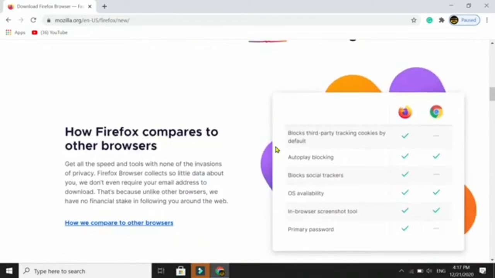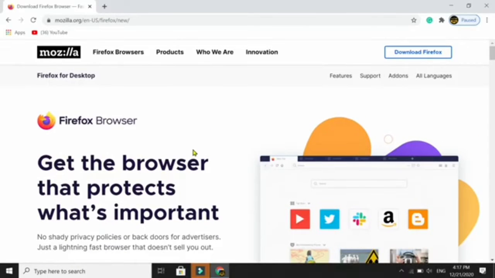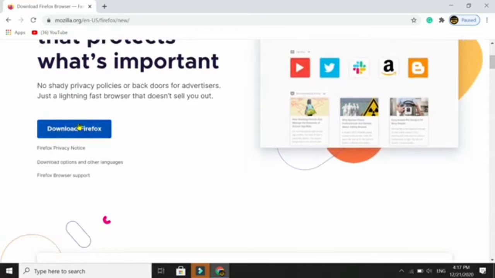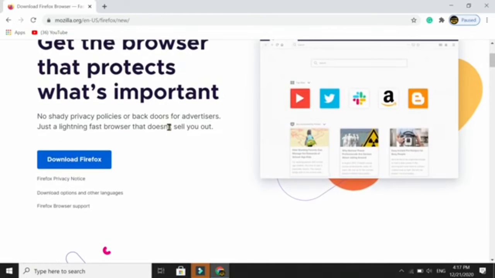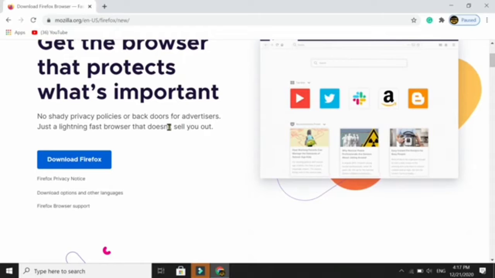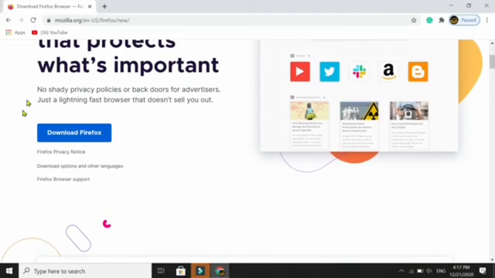You can read every instruction carefully. Now if you want to download, there are a lot of options. There is a download option, download Firefox, and again download Firefox. Guys, this is one of the best browsers for your laptop for Windows 10, and you can also use Chrome browser and Opera Mini. Both of them are good, but Mozilla Firefox is also good. So if you want to download, just tap on this download option,